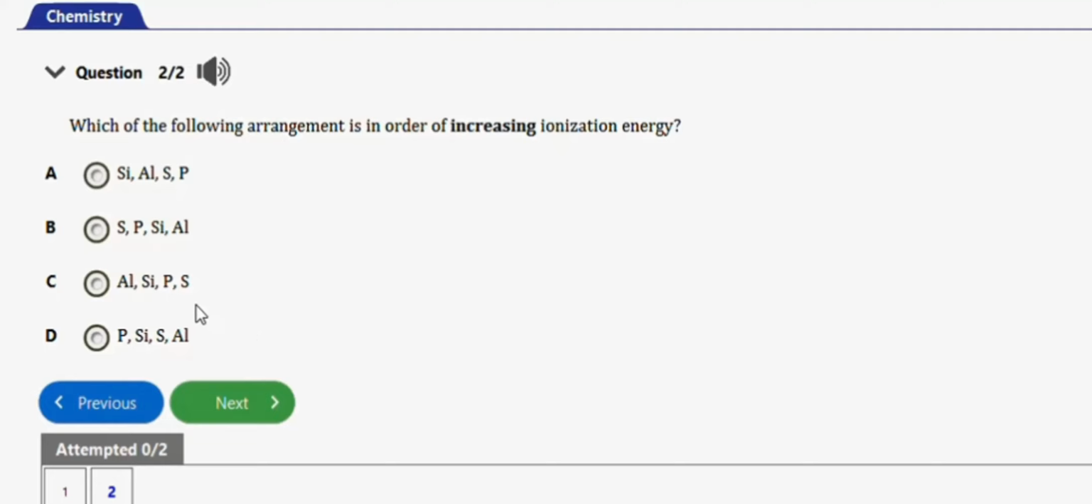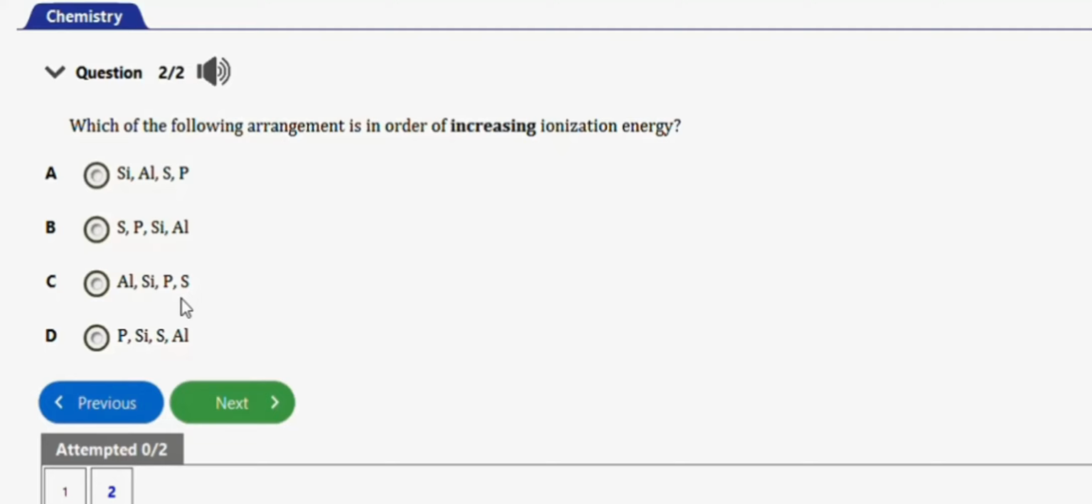option C. Yeah, this option C, because they are in the same period, that's period 3. So after aluminium, you see silicon. After silicon, you see phosphorus. After phosphorus, you see sulfur. And you know that